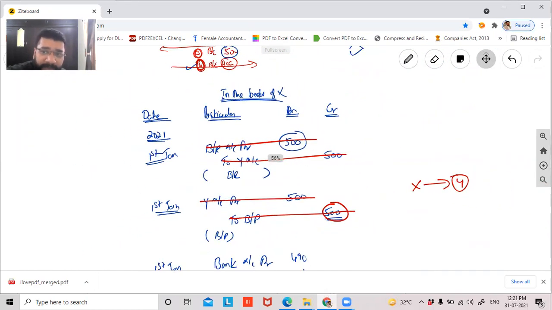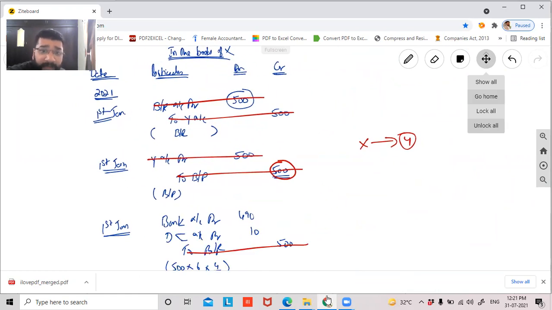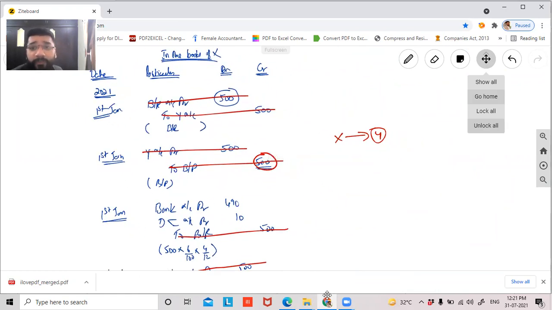Yes, sir. Everybody's clear with this? Guys, you should be very clear with this, I'm telling you, because the next 3 questions, what we're going to do tomorrow, it is a big bomb. It is from the ICA material. And if you're not clear with the basics, the complicated questions will become very complex for you to solve. The understanding of the concept has to be very much there. You cannot by-heart any of these entries. The moment a slight twist happens in the question, the journal entry will change, and whatever you by-hearted will go to waste. So concept is what you have to focus on. If you're not able to digest any entry, please ask me, I'll explain the concept.